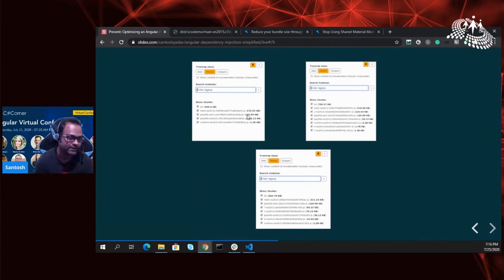because I was using that shared material module in my different modules. Even in my employee module, I was injecting that shared material module. Even in my department, I was using the same, but in employee, I was not using all the modules which are provided by Material. So then I said, okay, now let's get rid of this shared material module and use only the modules which I need. So I removed that shared module from my application, and then just used the modules from Material which are required in employee, in department, in product.